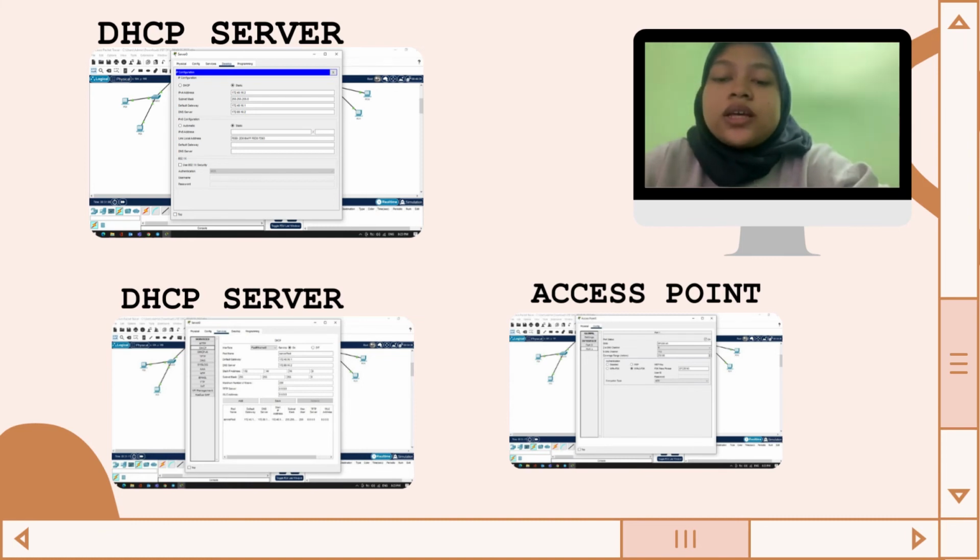So go to the configuration and insert the IP 172.40.16.2. The subnet mask is 255.255.255.0, and then the default gateway is 172.40.16.1. The DNS server was given in the question, so just insert that,